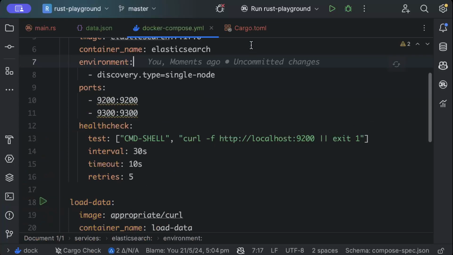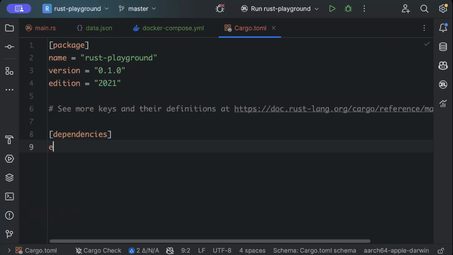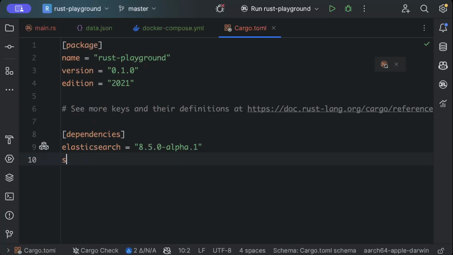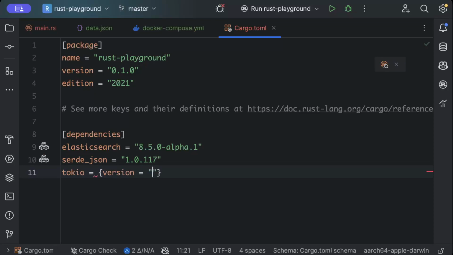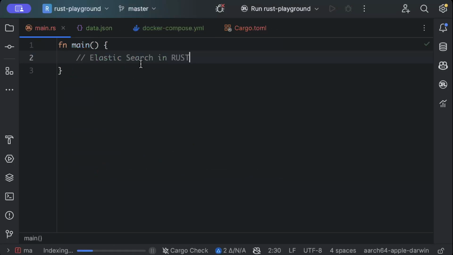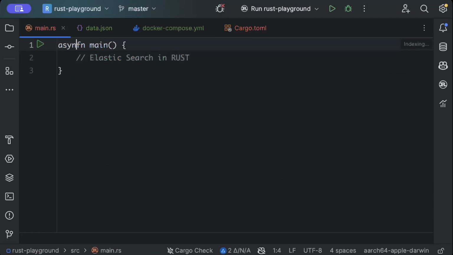So first of all, we'll move to our Cargo.toml file. Here we need Elasticsearch with latest version, and serde_json for JSON, and then we need Tokio with version as latest and features as full, and then we'll build our project. So once our dependencies are added, we'll move to our main and async